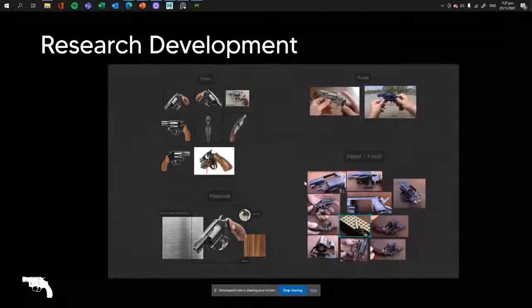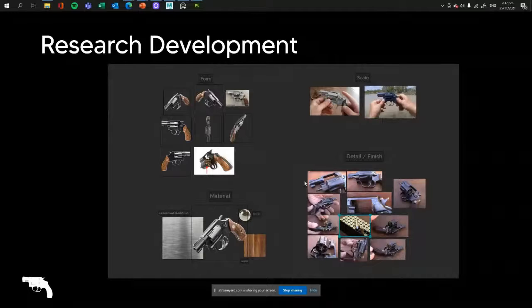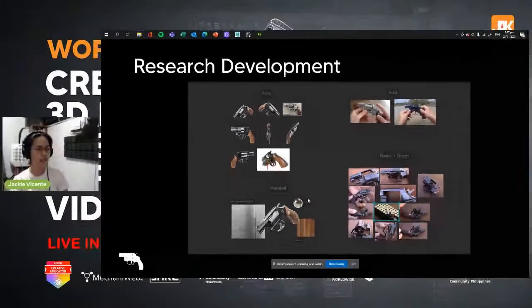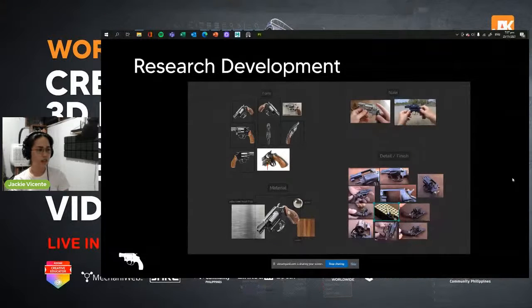Get all the information you need before you begin with your task. So after we do R&D, and after I've studied all the features in here,